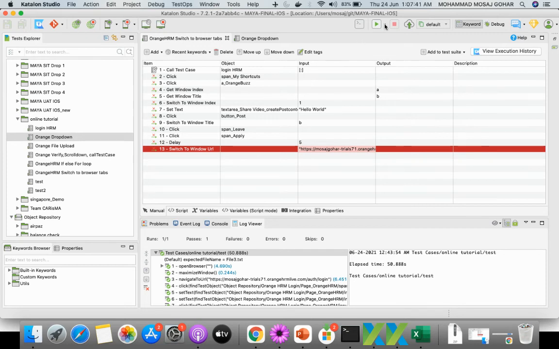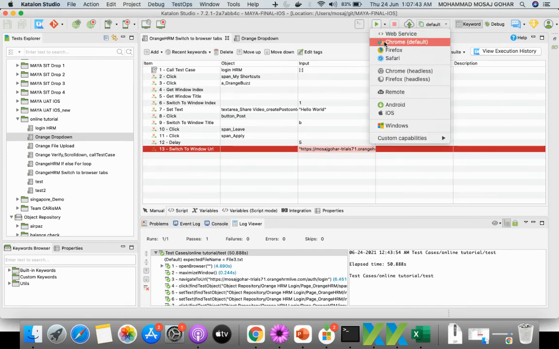Let us run it now, and I've changed the default to Chrome, so I'll continue recording all the rest of the script on Chrome.